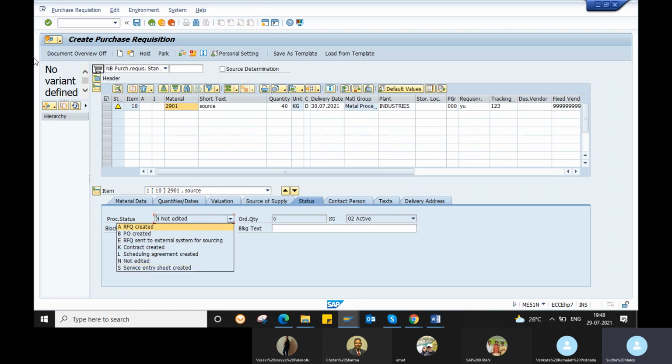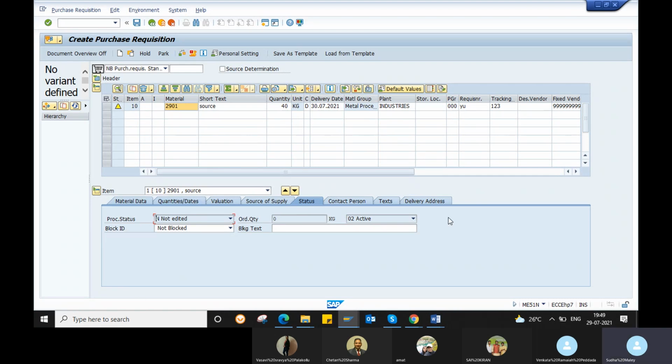Okay, so whenever you are converting your purchase requisition into another document, here the procurement status will update. For example, you created a contract with respect to this purchase requisition. So contract created. Like this, the status will update. If it is a service material, you created a service entry sheet, then it will update as service entry sheet created. So the next process of your purchase requisition will also update. The creation indicator means how it got created, but procurement status means what is the status of your procurement, whether it is in the purchase order state or only in the purchase requisition state. Okay, just to see your procurement status, you can use this field.